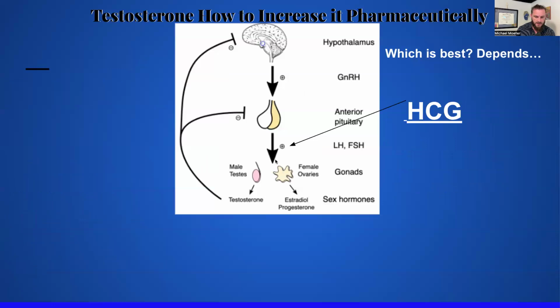Now we'll talk about HCG. HCG, like I said earlier, it's going to be working on